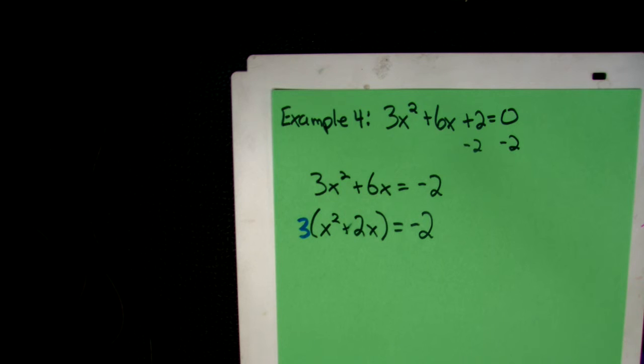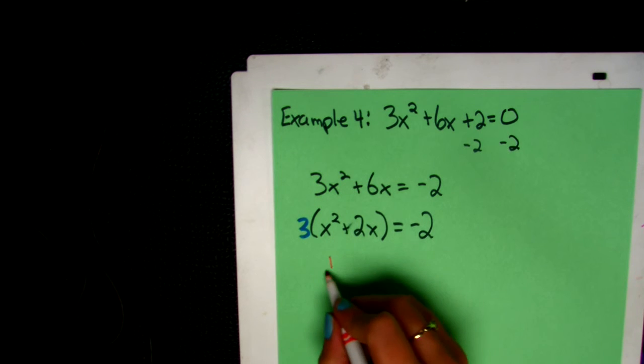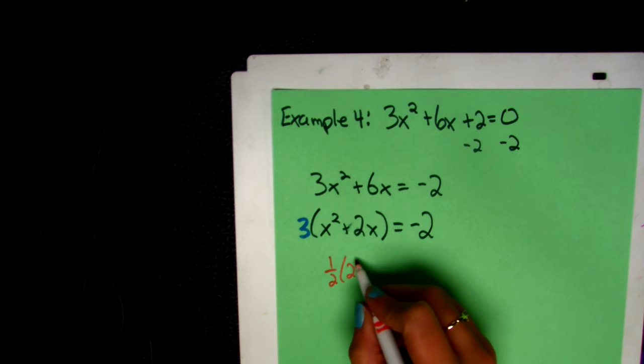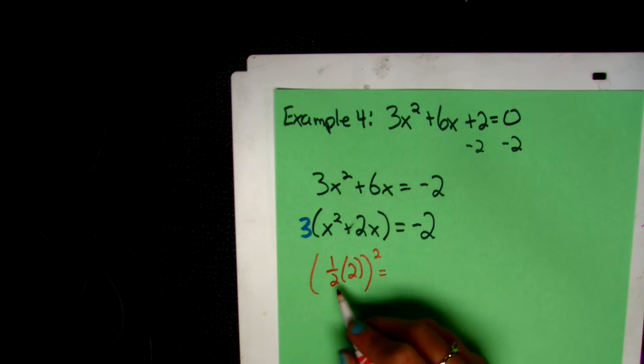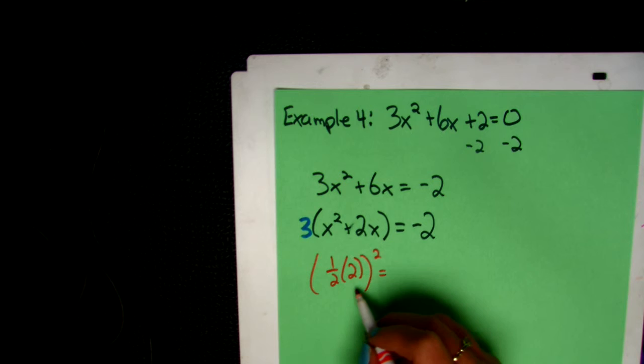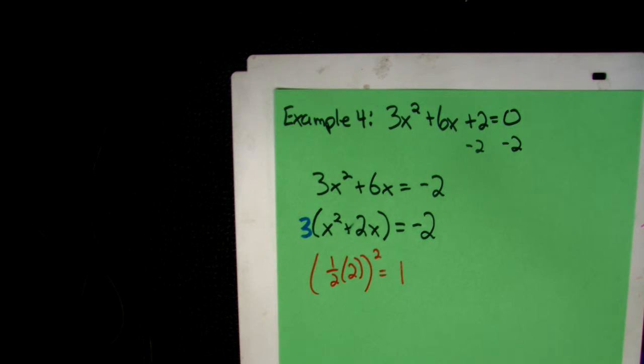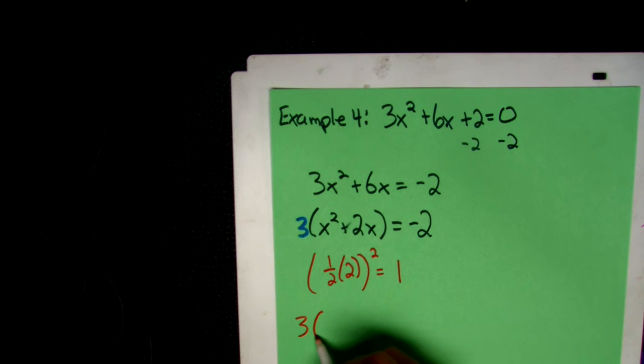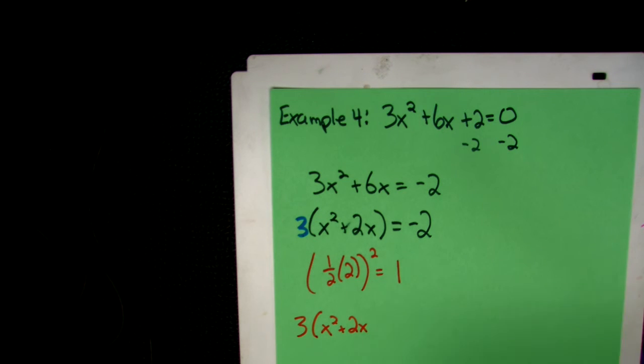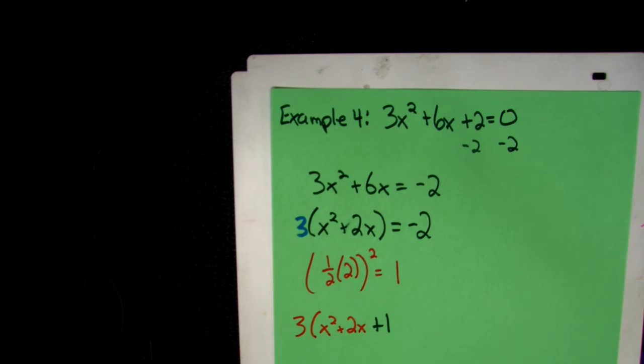All right, so now when I complete my square, I'm still going to take half of b, which is 2, and then square it. So half of 2 is 1, and 1 squared is 1. So I need to add 1 to both sides. But when I add 1 to both sides, I need to remember I'm going to add a 1 here, so x squared plus 2x plus 1